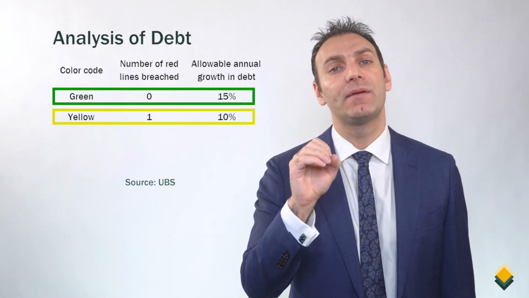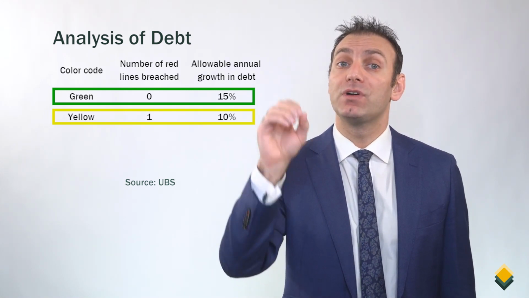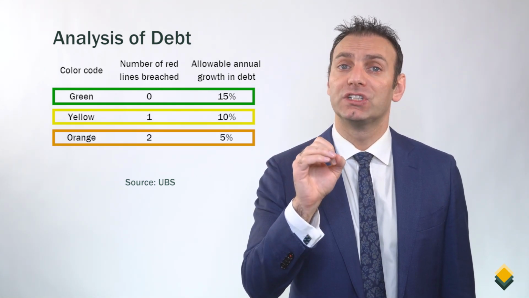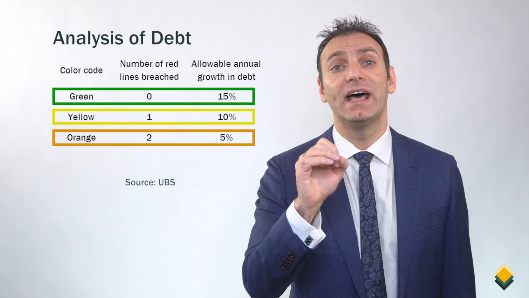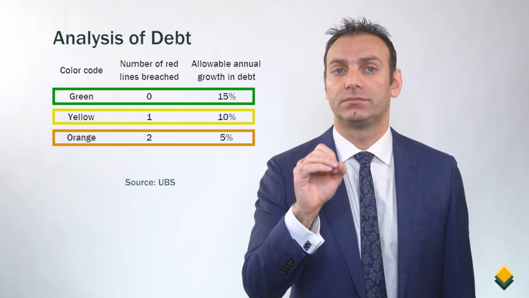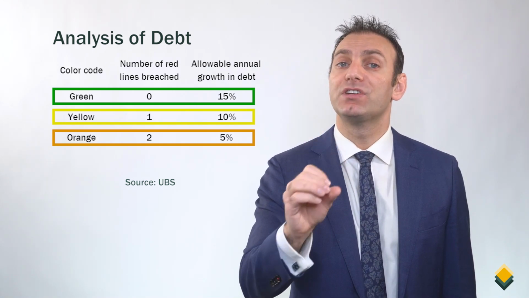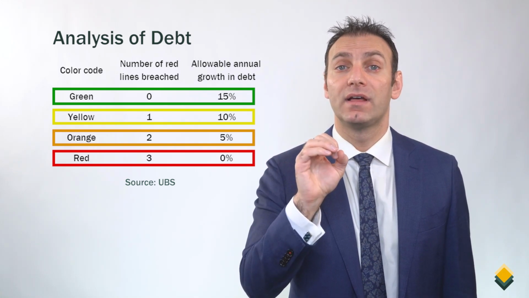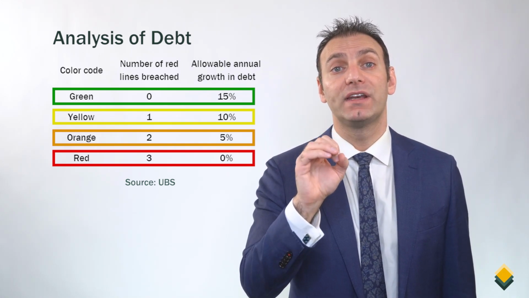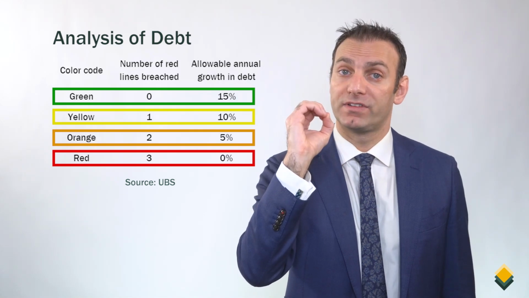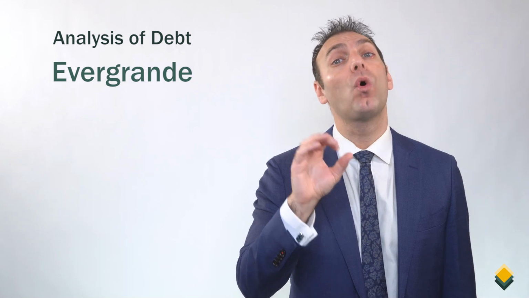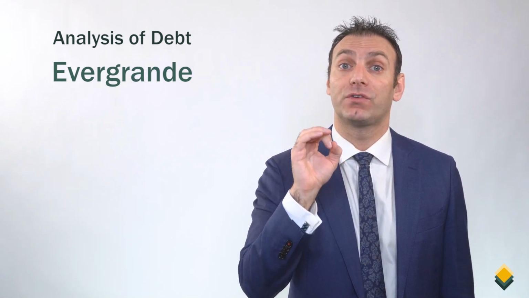debt will be 10%. If a company breaches 2 red lines, the color will be orange and the allowable annual growth in debt will be 5%. If a company breaches all 3 red lines, the color will be red and the allowable annual growth in debt will be 0%. Now, Evergrande, the big Chinese developer that is all over the news because of its potential default,